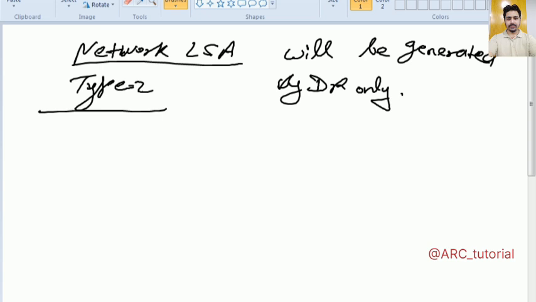So if there is no DR available in your network, then you will never find this network LSA. Now you know very well where you will find this DR: wherever you have a multi-access network. So if you are having a multi-access network in OSPF, definitely there will be an election of DR and BDR automatically, right? And the router which is elected as DR will be responsible to generate the network LSA, type 2,